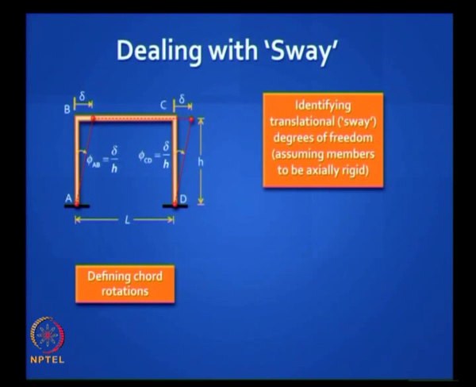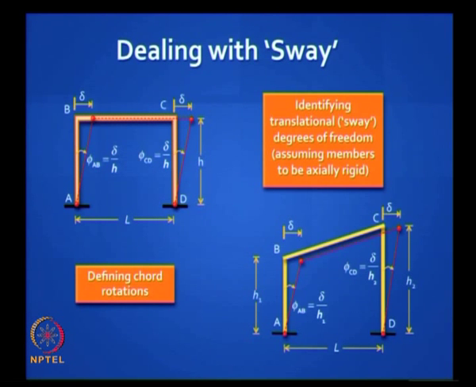And then you work out your chord rotations. If delta is to the right positive, then the chord rotation phi AB is delta by h and phi CD is also delta by h. What happens if your roof is tilted? Okay, it is called a bent portal frame. Then also you have 3 members, 4 potential degrees of freedom, 4 minus 3 is 1. Then also